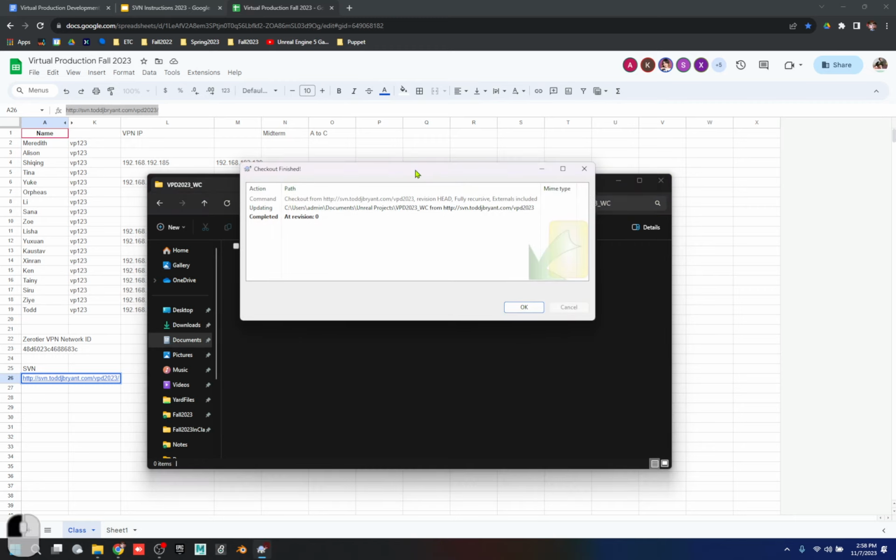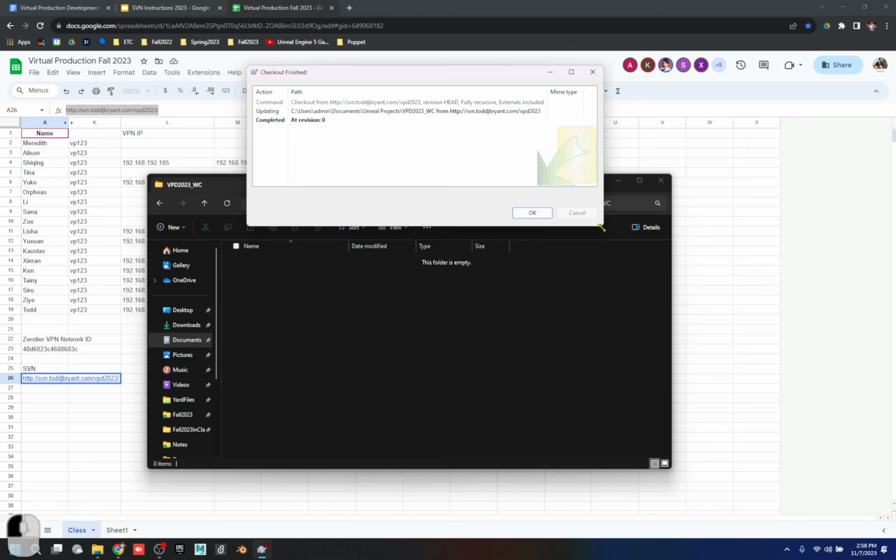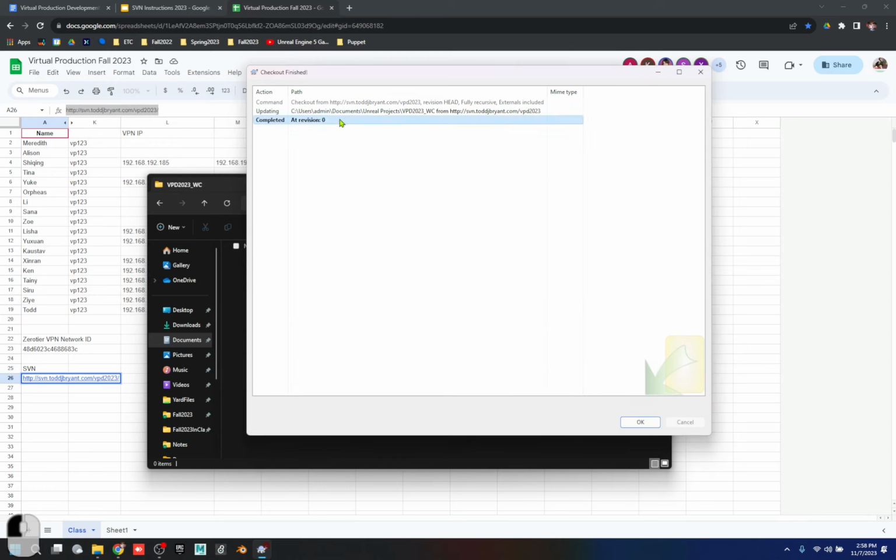I now have a window from Tortoise that says I'm at revision 0. Okay. Right. I've pulled it. It's now connected. If I look inside the folder,